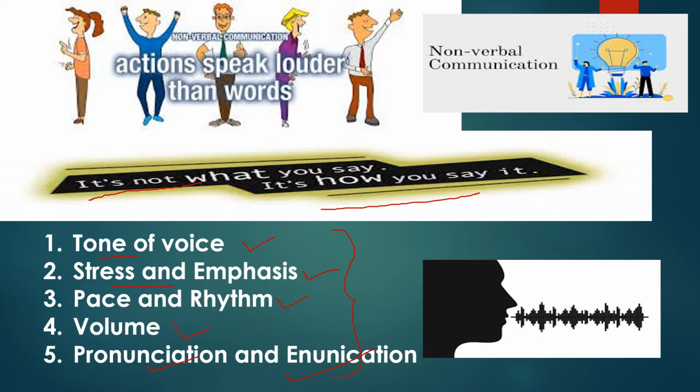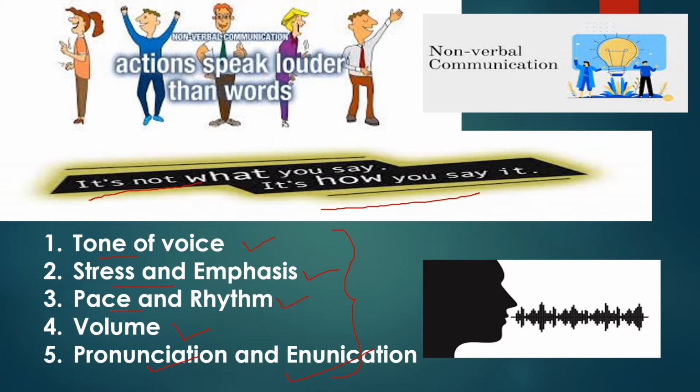You mean he disobeyed his mother? His mother is everything for him. For him, nothing is more than his mother. Nothing is bigger than his mother. So he disobeyed his mother? Unbelievable. So the three different sentences, when we stress each word, give different meanings. That is stress and emphasis.